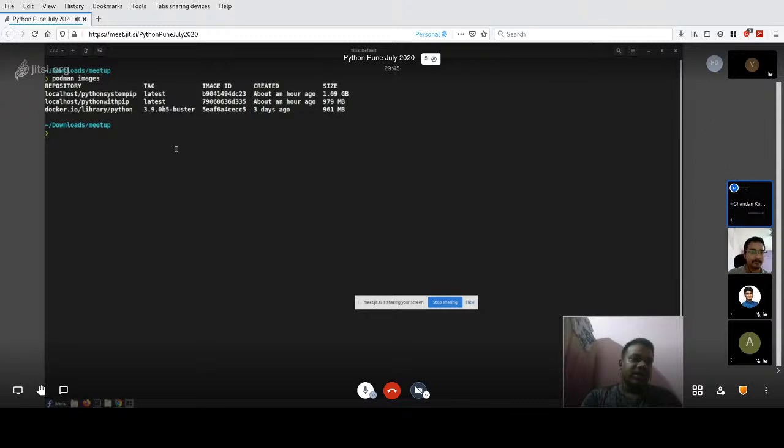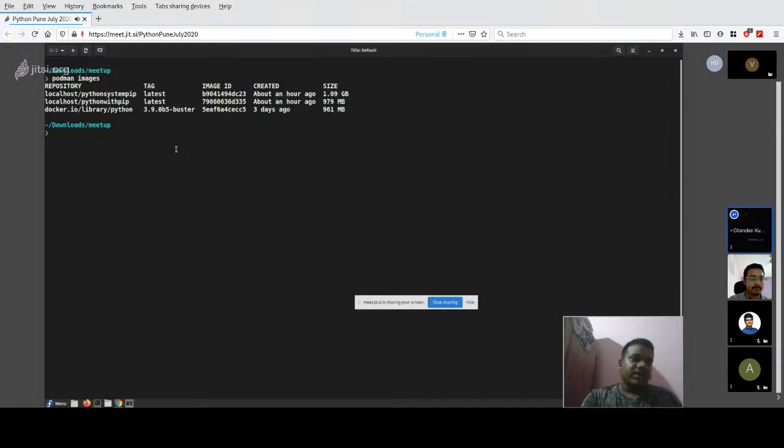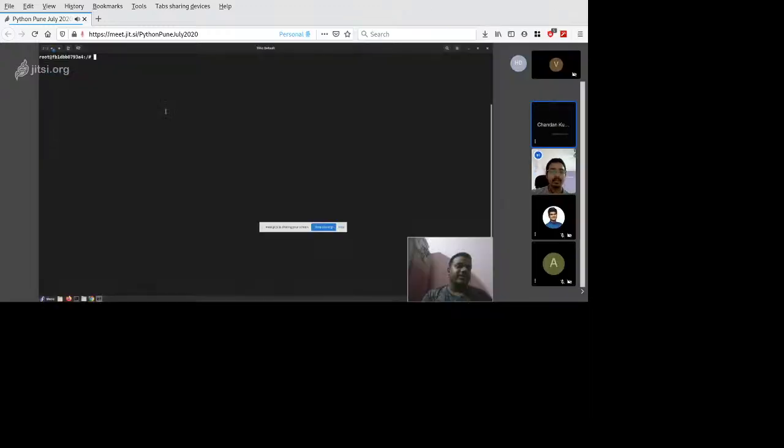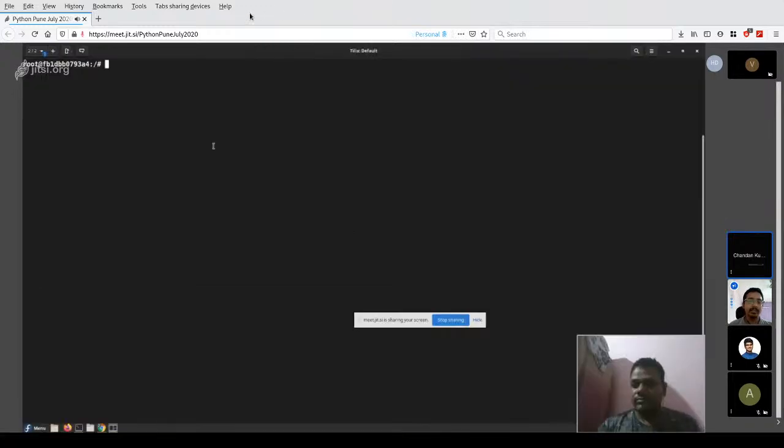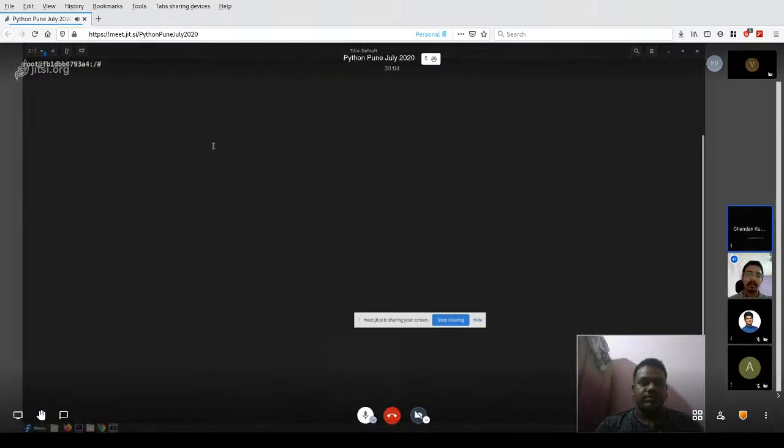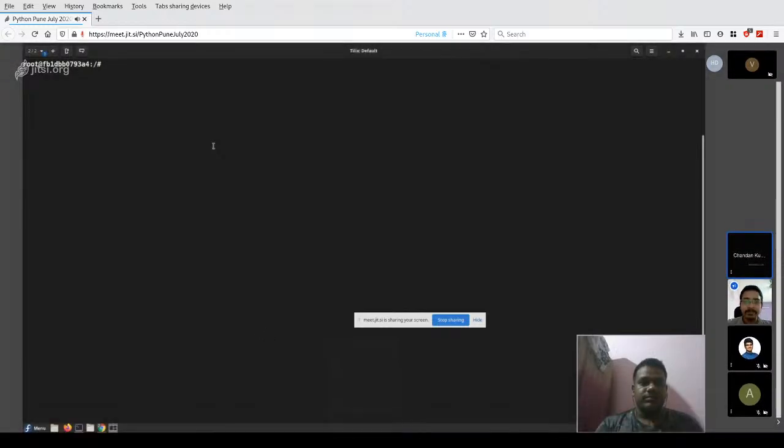Let me go at the image ID and pass. Then we are into the Docker image. Basically, let me just quickly tell what happened here. We used the container image and started one process in an environment, and we are inside that environment now. In order to make sure whether Python is there or not, the simplest way to check is